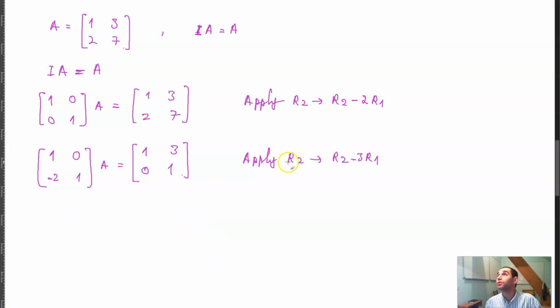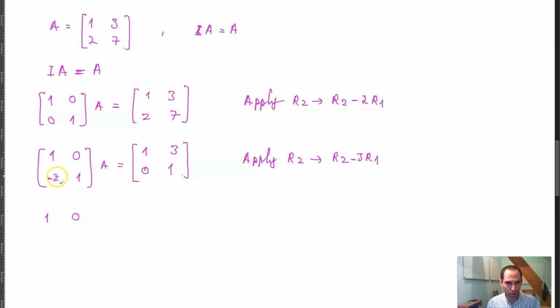R2 becomes R2 minus 3 times R1, and the previous step was basically 1301 is equal to 10, negative 2, 1 times A. Okay, now if I apply R2 becomes R2 minus 3 times R1, I will get 10, which doesn't change, and